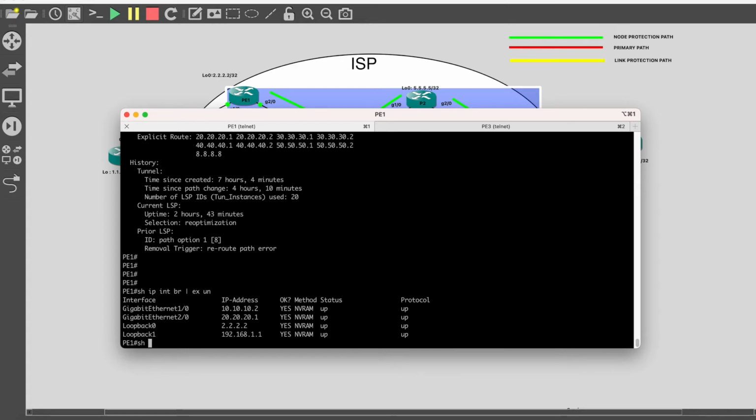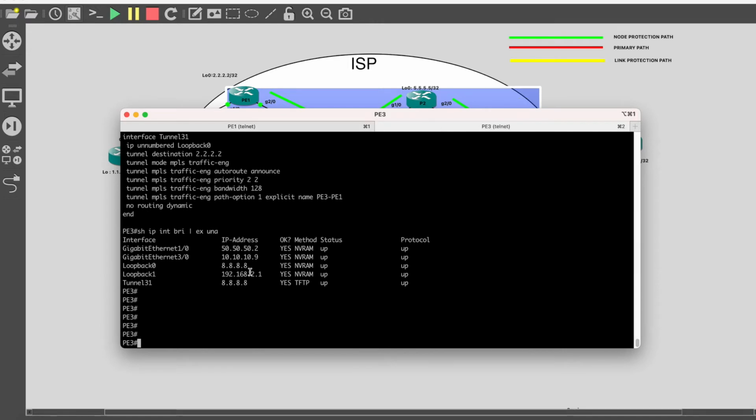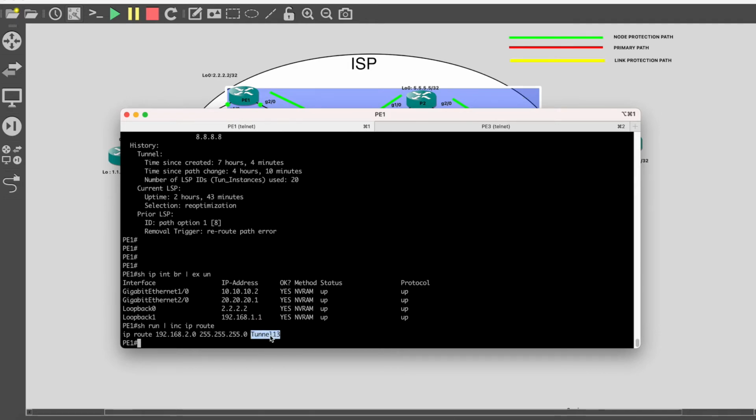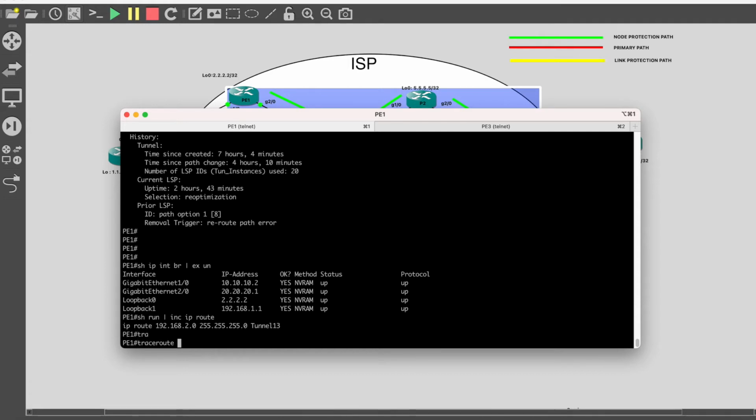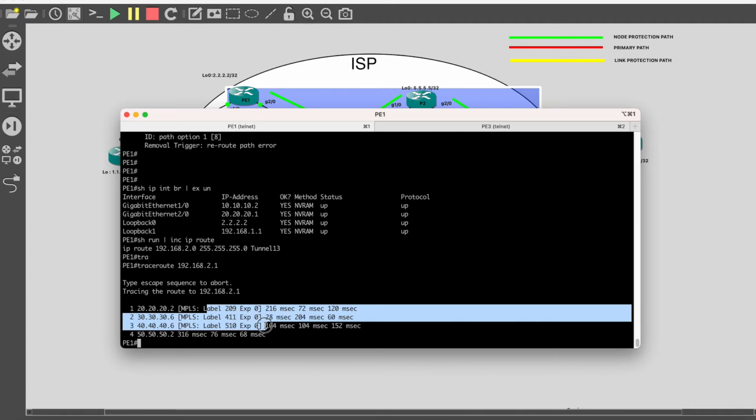If you want to see that, let me just show run include IP route. You see, to reach 192.168.2.0, which is the loopback network on PE3, I'm taking tunnel 30. So this traffic is going over the tunnel, and if you want to trace it, 192.168.2.1, you see the labels are assigned,